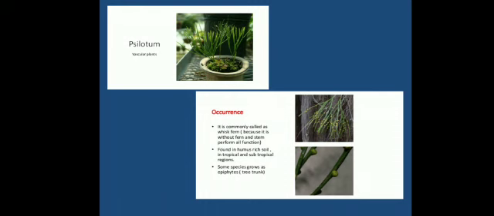Aerial shoots are either pendant or erect: pendant in the epiphytic condition, erect in the terrestrial condition. The branching of the aerial shoot is strictly dichotomous. Psilotum, commonly called whisk fern, is found in humus-rich soil in tropical and subtropical regions. Some species grow as epiphytes on tree trunks.